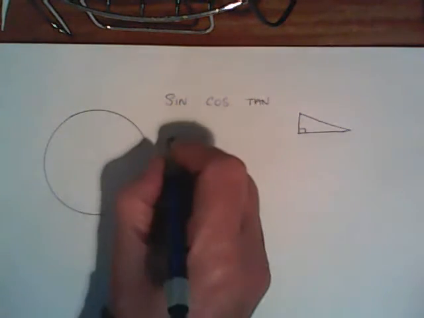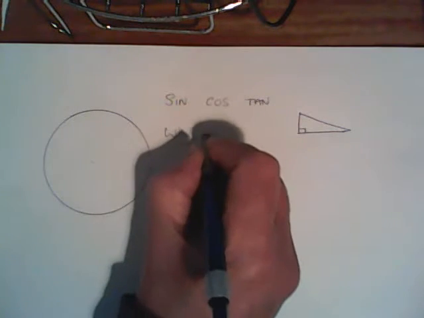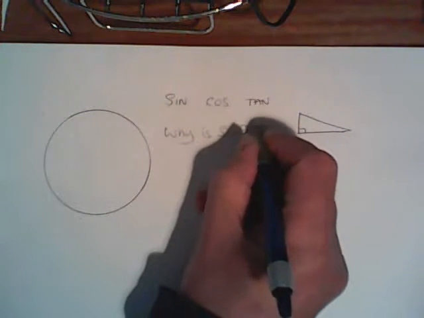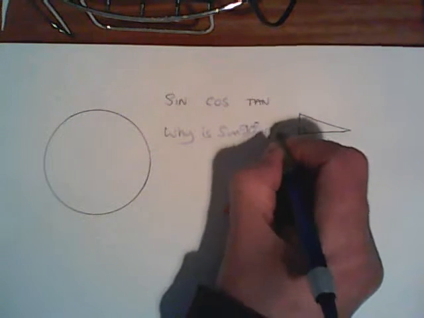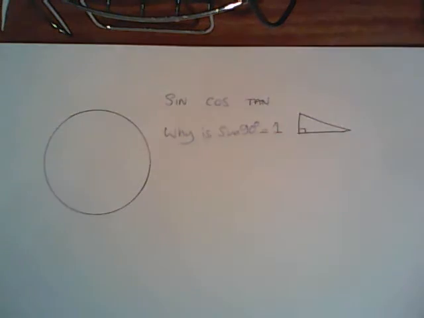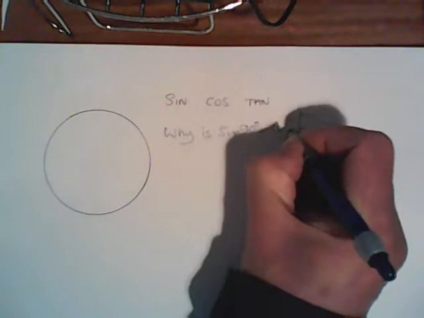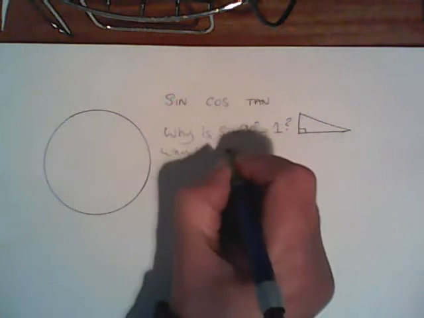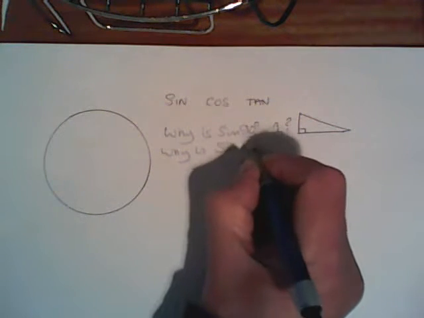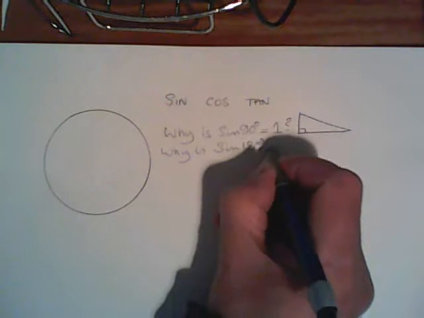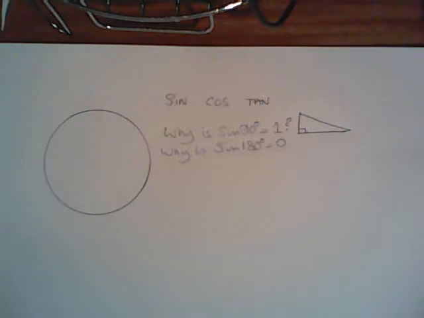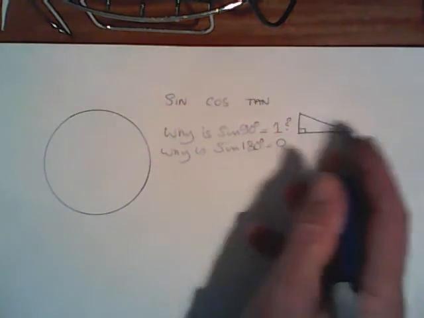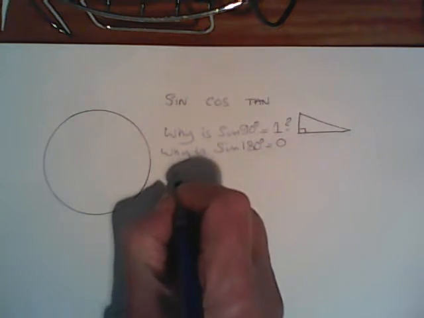For instance, y is sine 90 degrees, which is 1. Y is sine 180 degrees, which is 0. Because if, as you have been taught, the trigonometric ratios are represented by